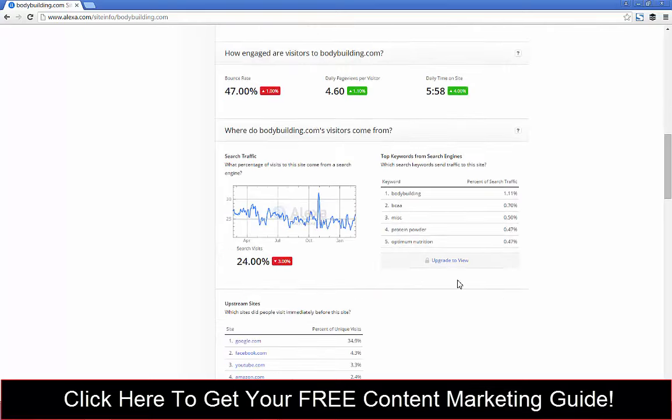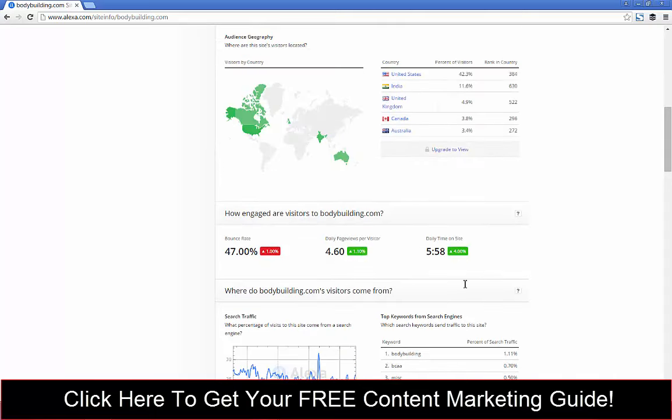So that's a really key indication. So let's say, for example, you were going to start a bodybuilding website. What you would probably want to do is focus on the 42.3% visitors. So you would want to focus on an American, sorry, and you want to focus on someone who's going to visit and stay on your page up to 5 pages, which means you probably want at least 5 pages when you launch your site of information, of what people can consume.